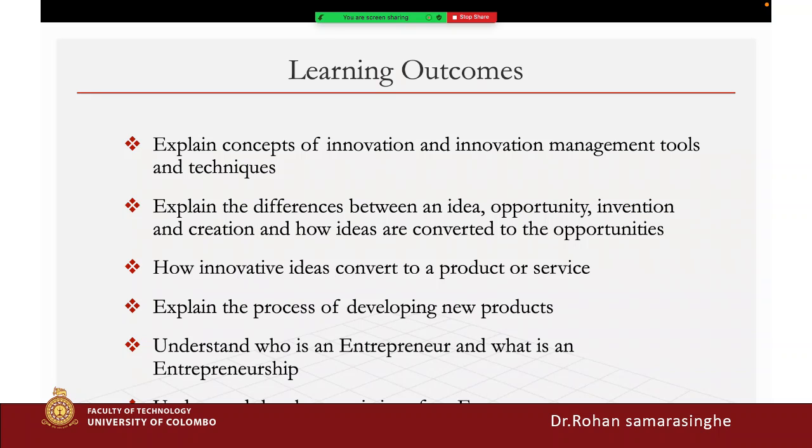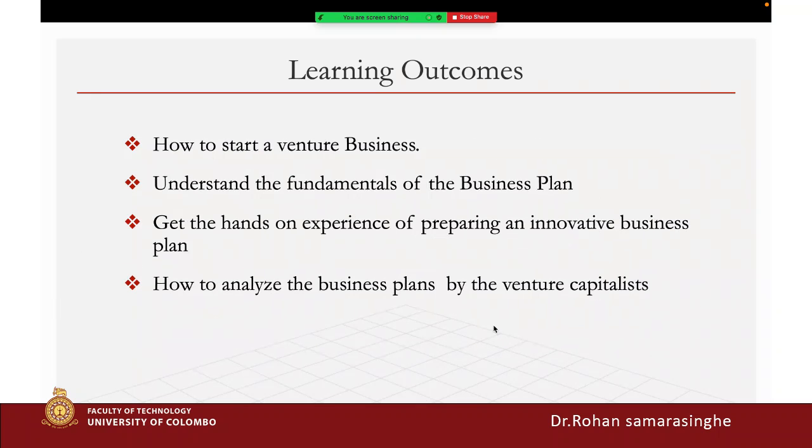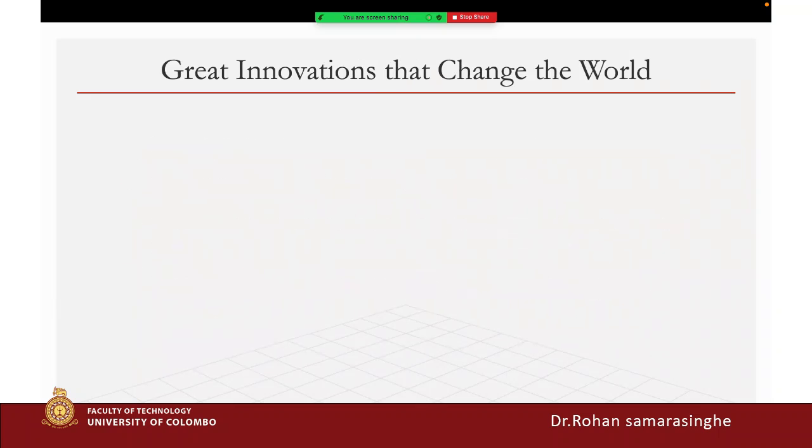And so, explain the process of developing new products and understand what an entrepreneur and entrepreneurship is, and understand the characteristics of the entrepreneur. And this relates to the business plan. So when we see the great innovations in the world,